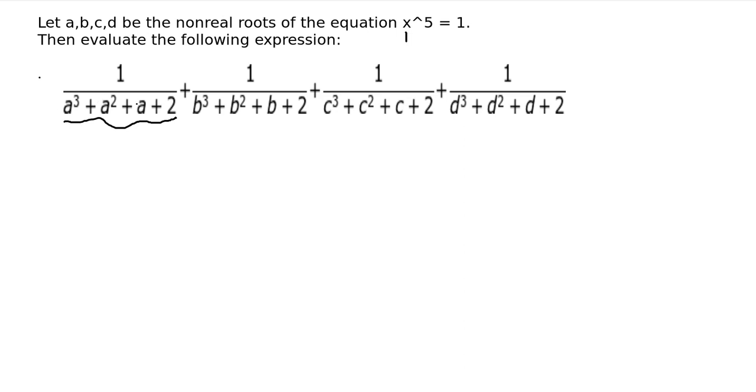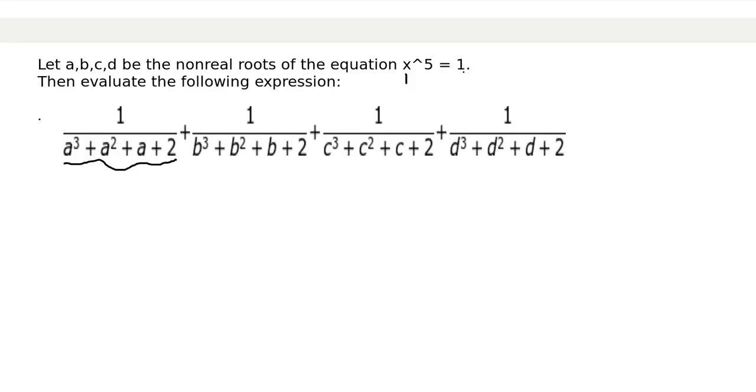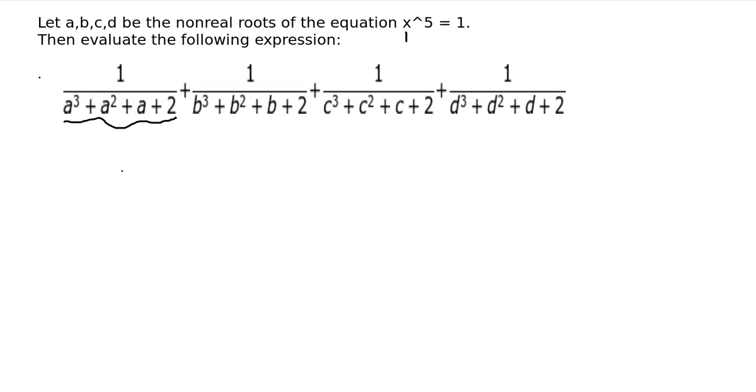So if we're just looking at what a, b, c, and d are, if we don't care about what 1 is, then we should use polynomial division to get rid of it. So instead of just x to the fifth, we want to know what is x to the fifth minus 1 divided by x minus 1. And some of you may or may not know this,